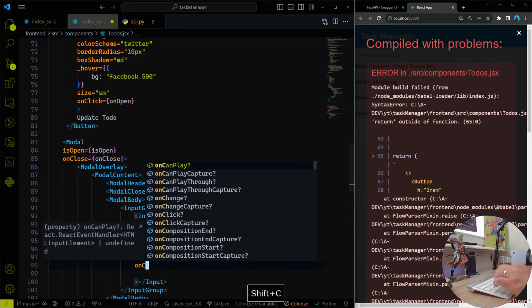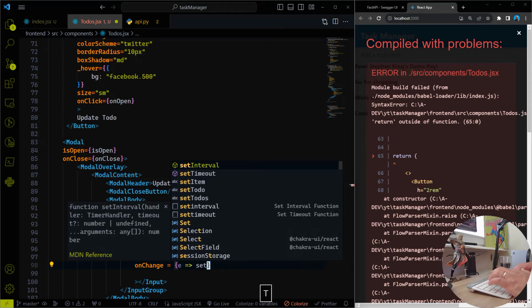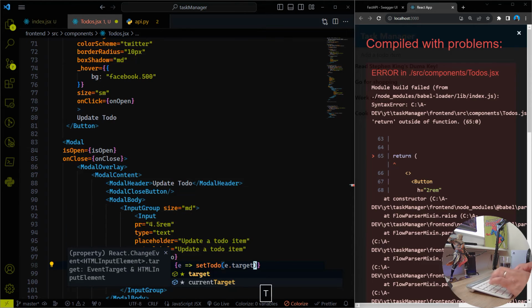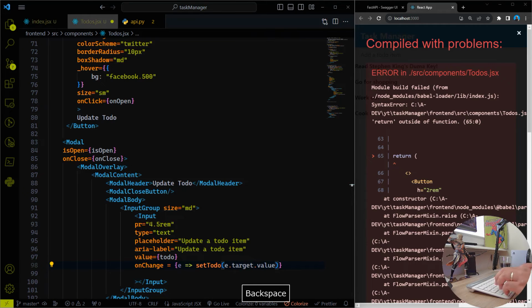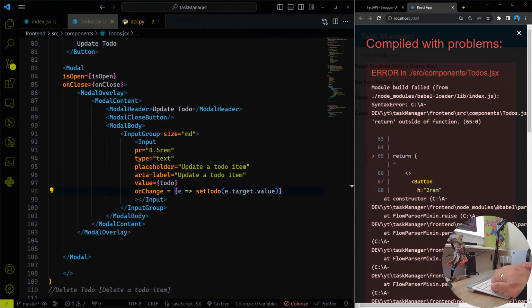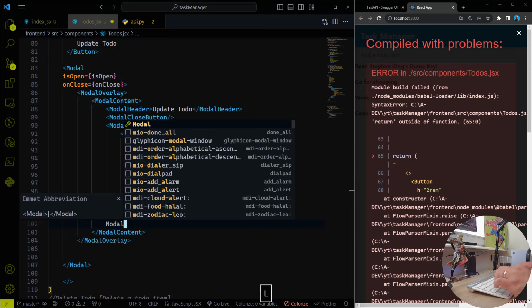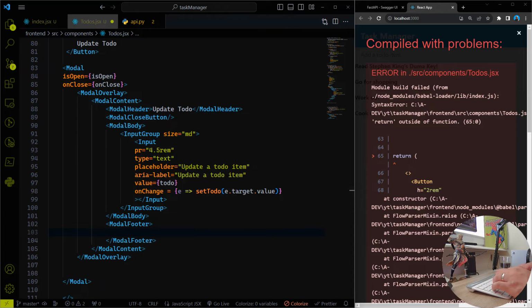And then onChange, that's gonna take the event, and it's going to return the setTodo by taking that event.target.value. So it's going to target whatever you are writing in that input field. So hopefully this is clear enough for you guys. And after the body, I will need a modal footer. So we'll need a modal footer, and in that modal footer, we will add another button,